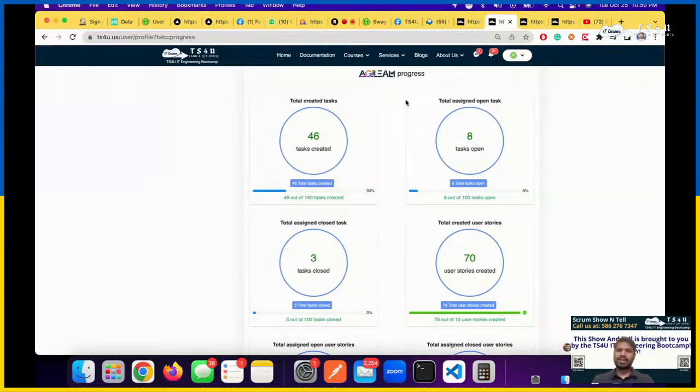On the Agile ALM side, on any of the users you created, and you create a task, that's the test data. You open a user story, create a user story, close the user story, that's the task. You write the query, that's the test data. You create the sprint, that's the test data. You write the query, you do the wiki, everything is actually test data. Don't you think so?